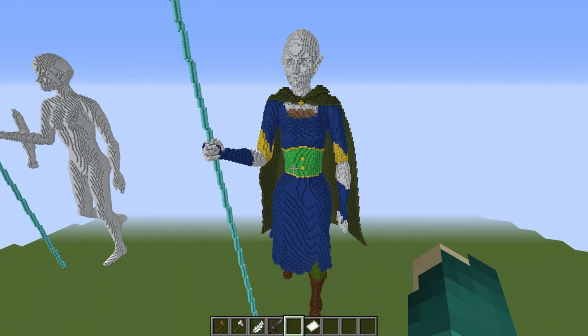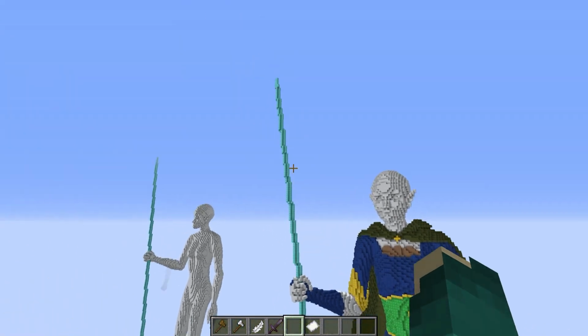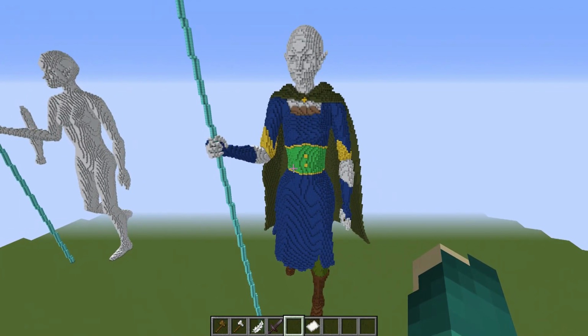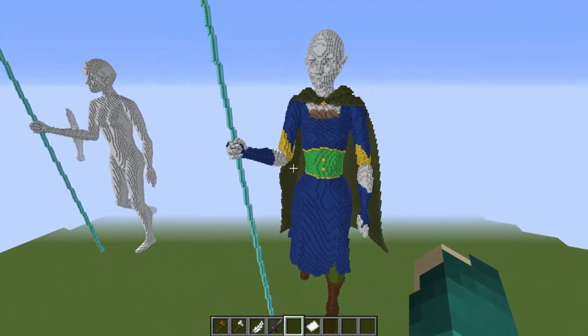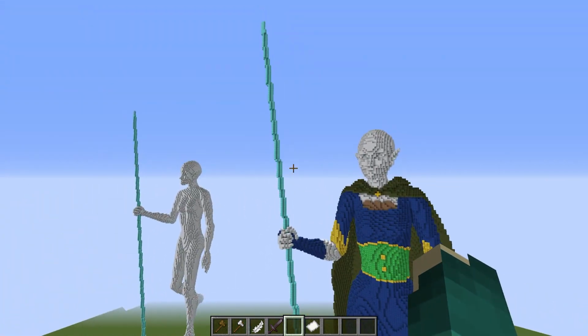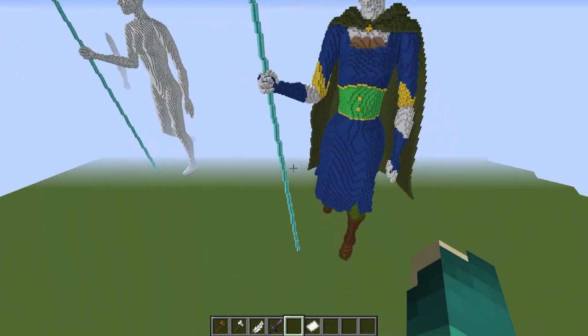I think we're ready to start modeling some of the props she has, and really she only has two. She just has the staff that she's holding, and she also has a pouch, which could count as a prop, or it could be just part of her outfit, part of her clothing. But I did want to show you the staff because now that I think about this, when I first modeled